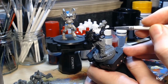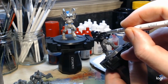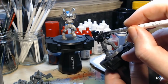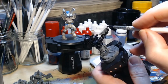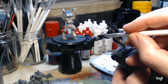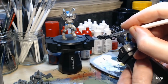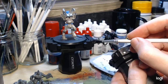The only problem, what a lot of people don't realise, is that spray cans have a working temperature range, and it's December, it's freezing cold outside, and I normally like to do my spraying outdoors so I don't have to get the paint fumes indoors, which is generally a good idea. Anyone you live with will tell you that, trust me. And then what I found is the actual spray can needs it to be at least 10 degrees C outside, and at the moment it's between 0 and 2,